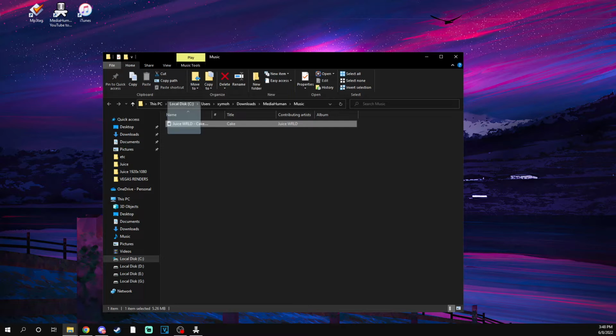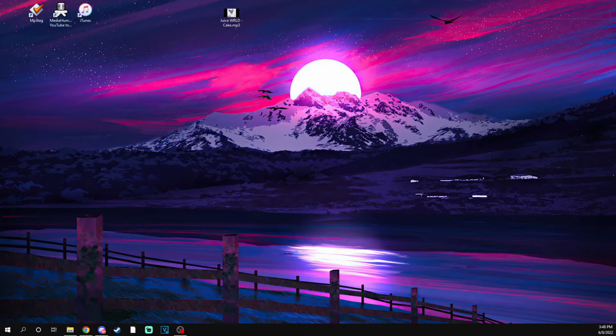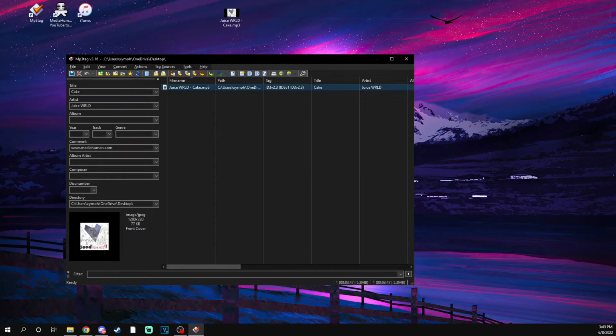So it's easily accessible. I like to drag them out and put them on my desktop so I can do this next part the way I like to do it. So now once you have your MP3 file, you can close out MediaHuman, whatever, and you can just drag it specifically over and open with MP3 Tag, the universal tag editor, and that will open it up in here